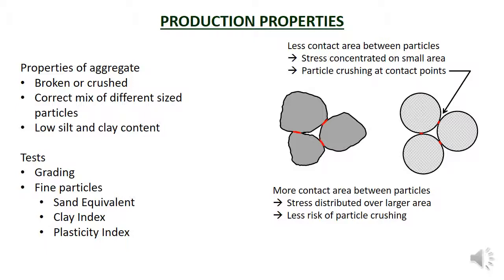The last half of TNZ M4 addresses variations in properties of base course from different regions. The requirements of TNZ M4 are changed in some areas to allow local rock to be used, and this section provides amended specification for those different areas. It also addresses the use of melter slag and recycled crushed concrete as base course aggregate. You do not really need to review this half of the specification, although it may be of interest if you are involved in roading in these areas or if you're using these alternative materials. We will now look at the source material and production property tests in a